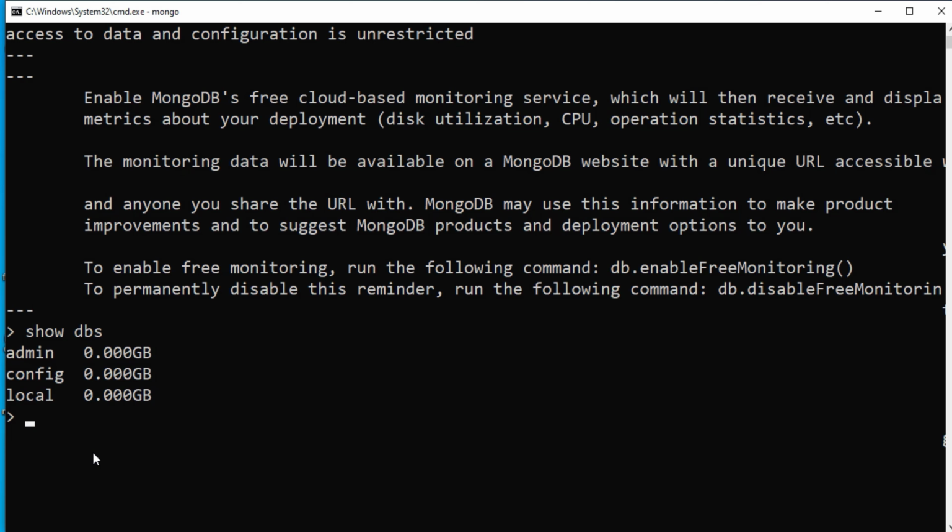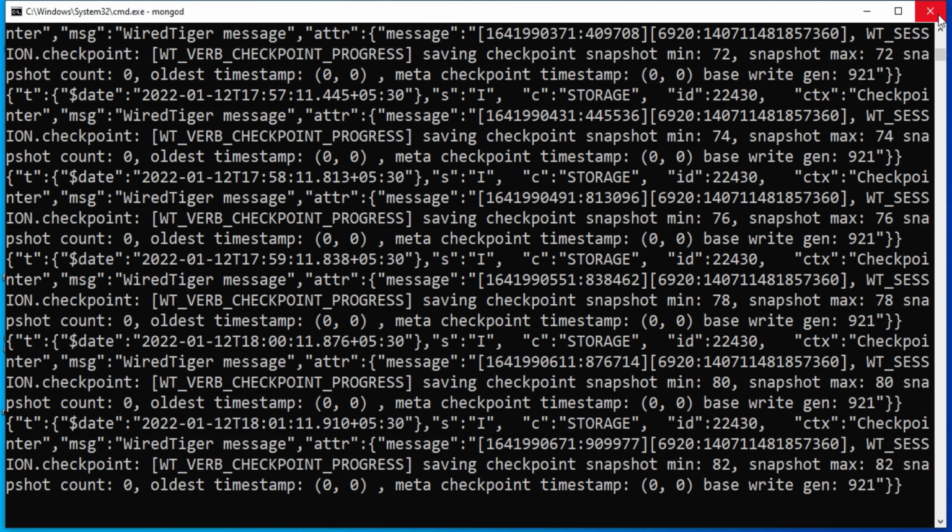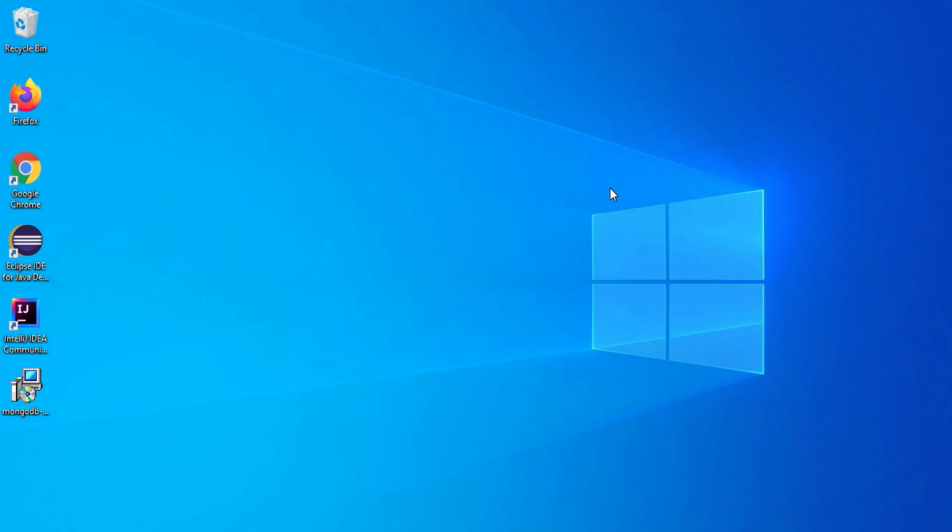So now if you are following this method, then whenever you want to use Mongo client or whenever you want to start Mongo services, you have to go to your bin folder and from there you need to start your command prompt. I don't follow this method. Now I'm going to close this command prompt, Mongo as well as my Mongo service. So now I'm going to tell you how you can use this Mongo services or Mongo client whenever you want without going to the bin folder.